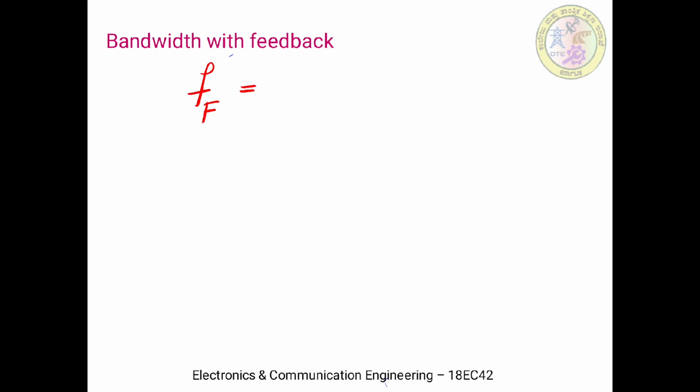Okay, so this must be larger than the bandwidth which is obtained without the feedback. That is, FF, bandwidth in presence of feedback, is equal to F naught times (1 plus AB), because ultimately gain and bandwidth product remains constant. F naught in this equation is nothing but the break frequency of the operational amplifier, and 1 plus AB, we know, is because of the feedback.